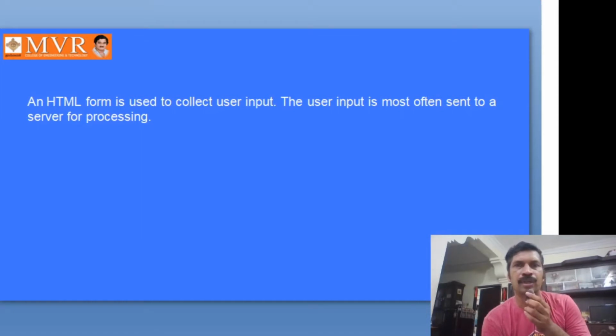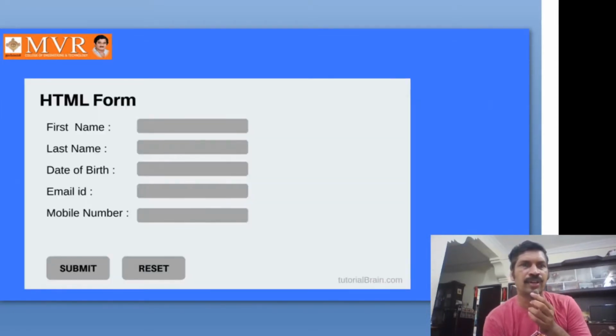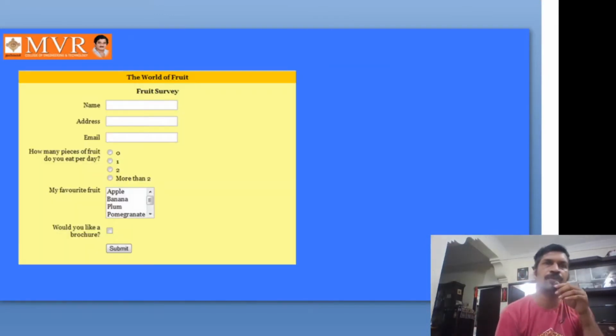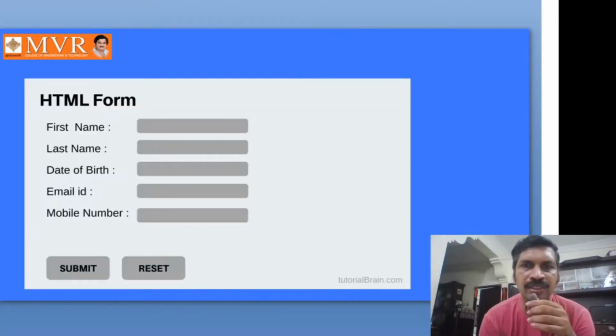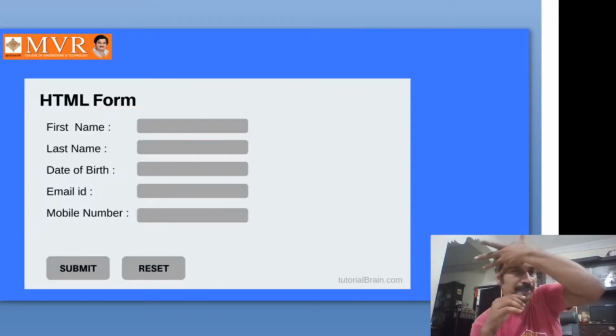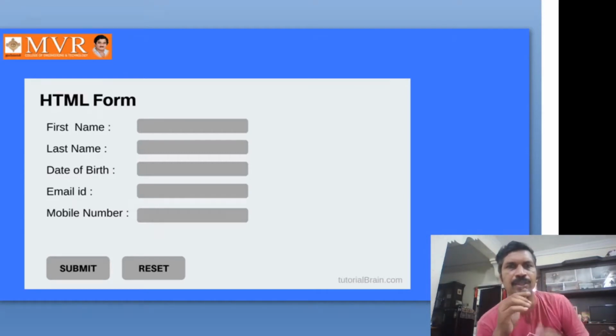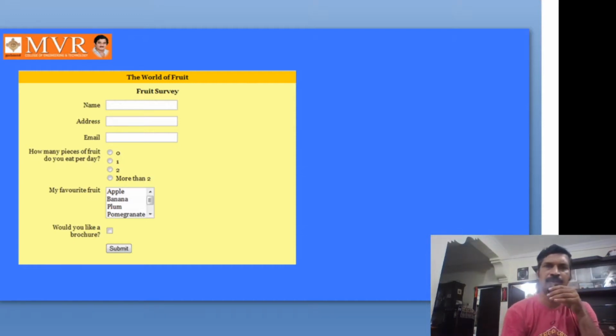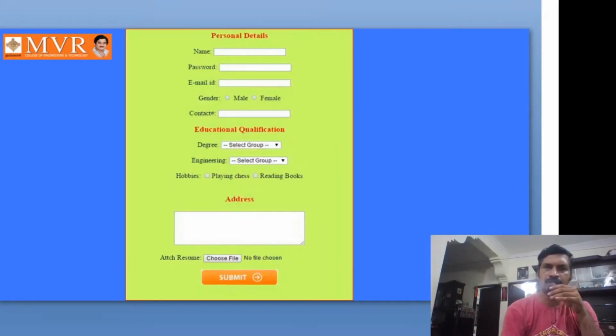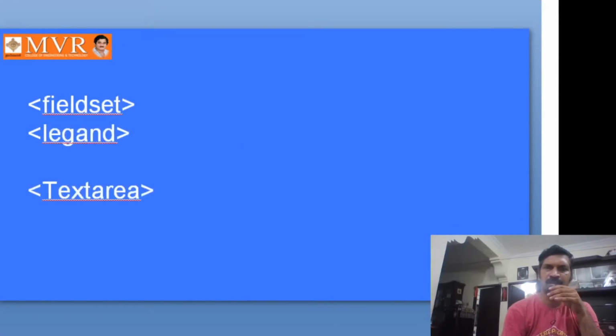Okay, design of various forms. This is one HTML form. In this form, what are the input elements? Text boxes, all of them are text boxes. Submit button, reset button. In this other form, what are the various input elements? Submit button is there, radio buttons are there, drop down list items are there, a checkbox for whether you would like a brochure is there, and a submit button. Like that, a form contains input elements. These are the inputs. Last class we covered all types of inputs.